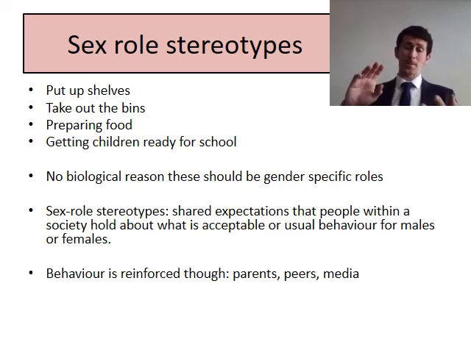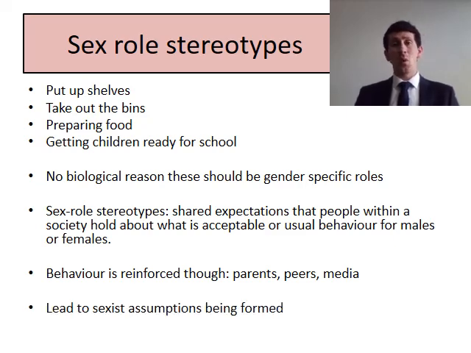So remember, with reinforcement, you've got positive, negative reinforcement, punishment. These behaviours are always reinforced through people like our parents, the peers, media, as we refer to in psychology as significant others. And what all this leads to is sexist assumptions being formed, that men do these roles, women can only do these roles,